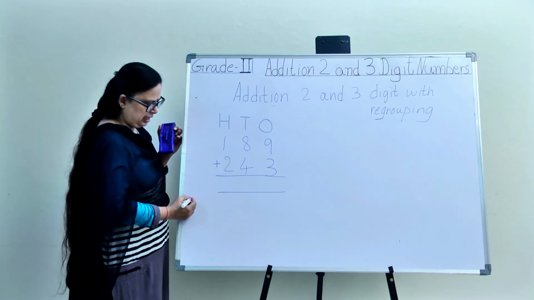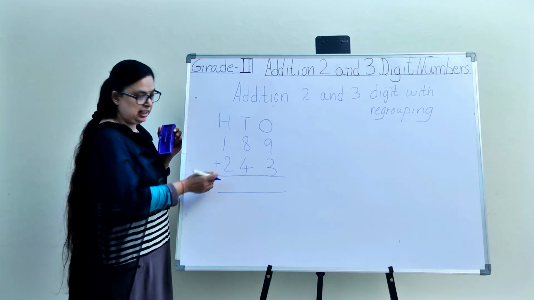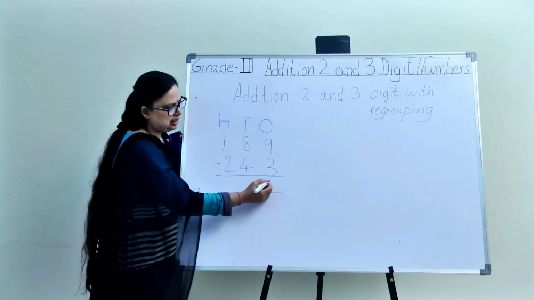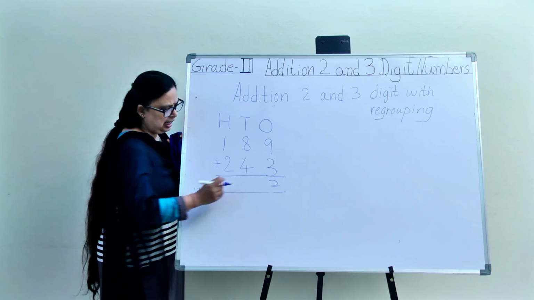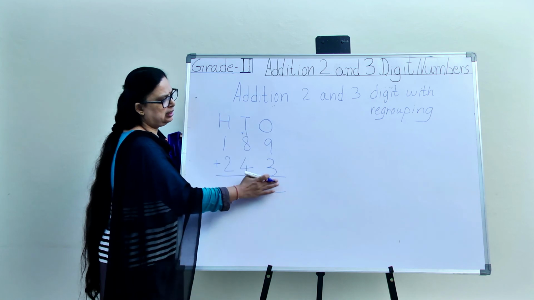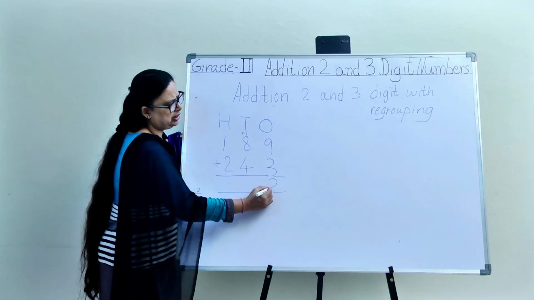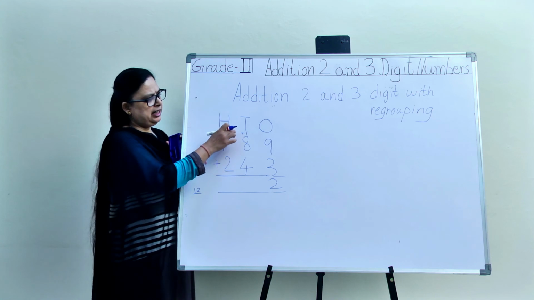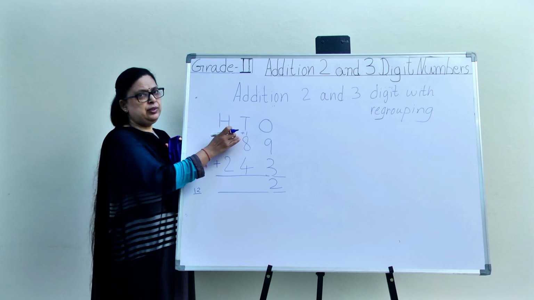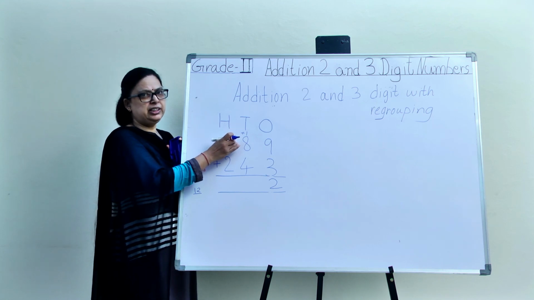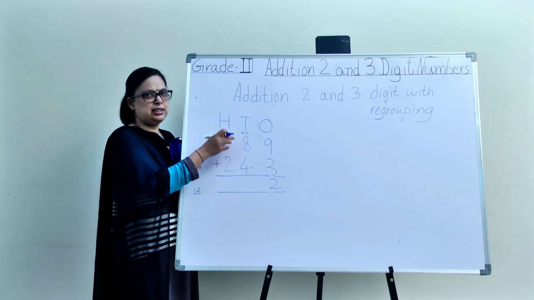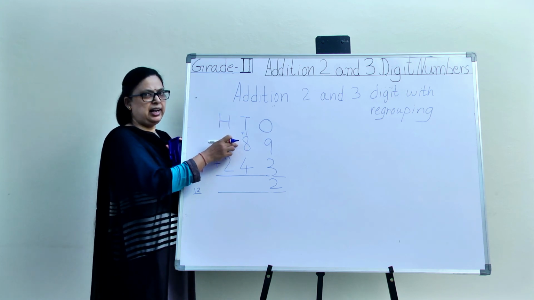So now in 12 we have already learnt previously. Now when we added 2-digit numbers, we should take the number in the ones place and put it over here, and the number in the tens place we will write it as plus 1 over here. This is called regrouping. Okay children? Now when we are adding, we should add all these 3 numbers in a row. 8 plus 1, we all know the addition fact. Whenever we add 1 to any number, the answer would be the next number. So 8 plus 1 is 9.